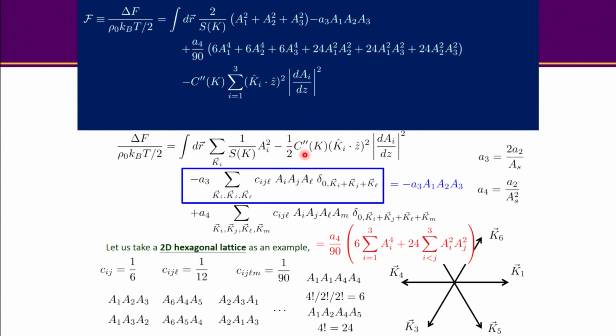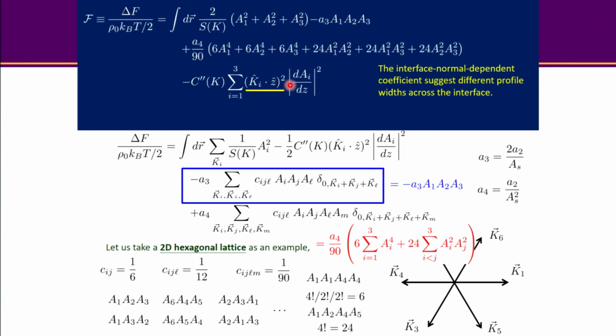You only have minus C double K. And sorry, yeah, that's right. So here, if I write down everything explicitly, that should be like K1 dot z hat squared times the A1 dz squared, plus the other 2. Okay. And as I mentioned before, the interface normal dependence coefficient is going to give rise to first a different